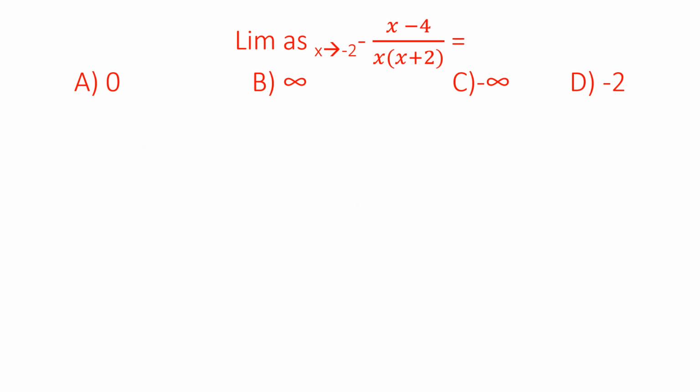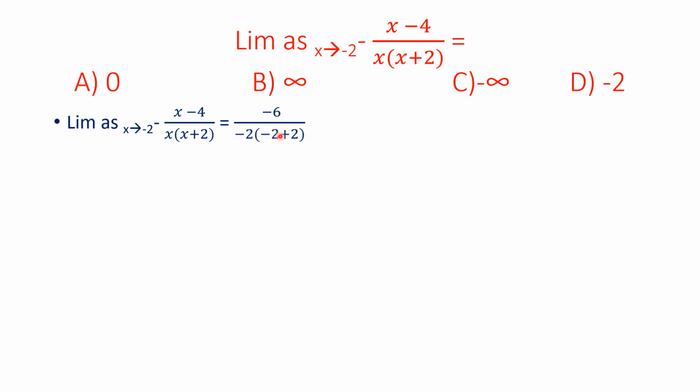For this question, we are asked to find the limit as x approaches -2 from the left of this function. And the answers are over here. We have to pick up the correct one. Let's go ahead with the limit as x approaches -2 from the left of the function. If we plugged in for every x its value, which is -2, we will get in the numerator -6, and in the denominator we'll have -2 multiplied by, between parentheses,